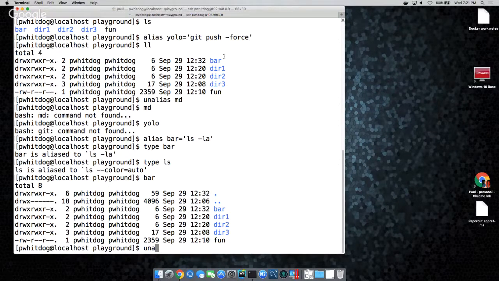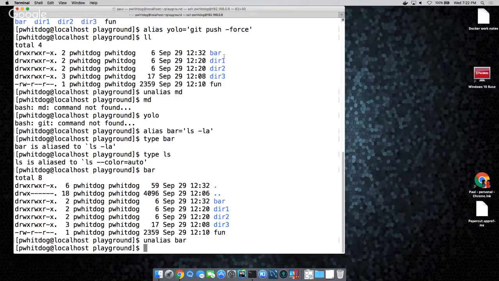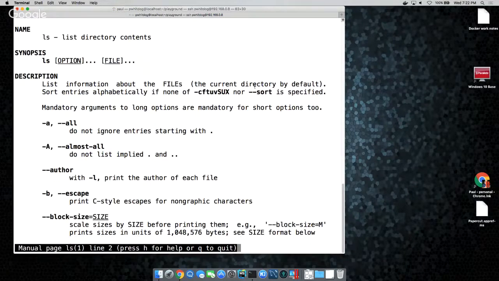In the alias for ls, out of the box for Linux, for this distro, ls is aliased to dash color auto. I've seen people customize the color on ls and then call their customized color flag. Yes, you can do that. I'm not sure how to do it off the top of my head. You would say a certain type of file would be blue and a certain type would be red.